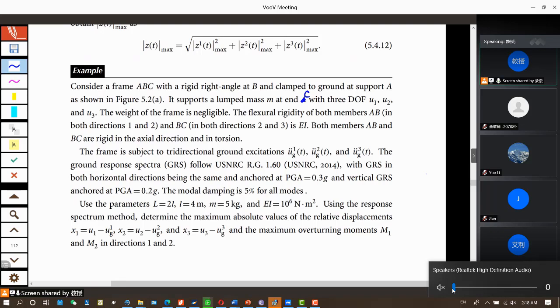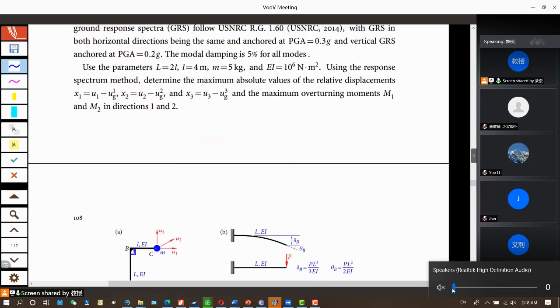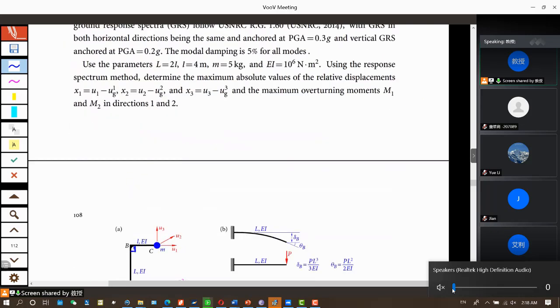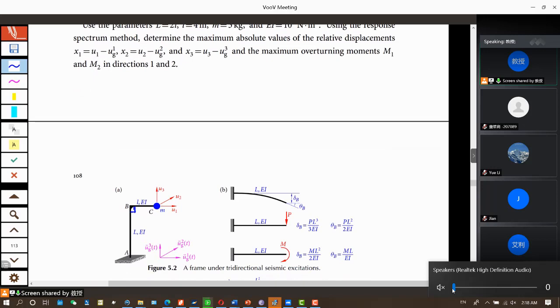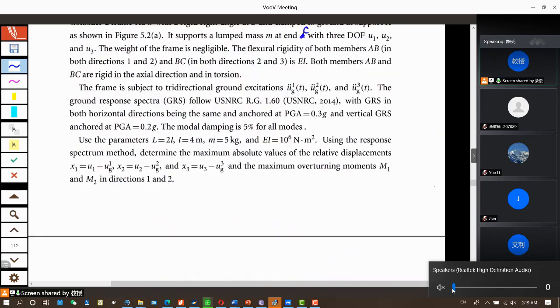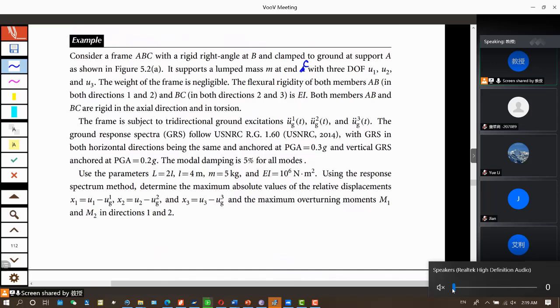Okay, so now the weight of the frame is negligible. The flexural rigidity of both members AB and BC is EI. Both members AB and BC are rigid in the axial direction. Now the frame is subjected to tridirectional ground excitations,